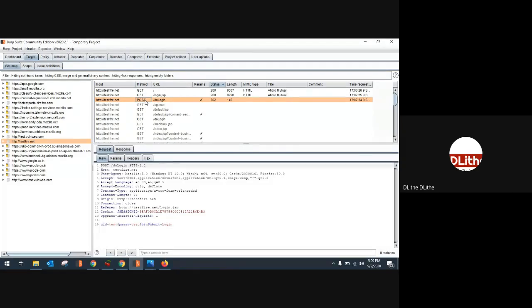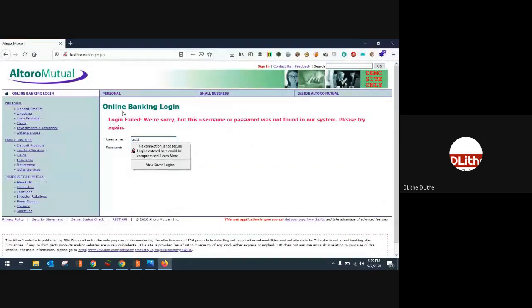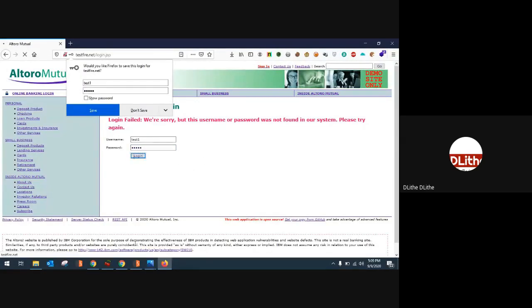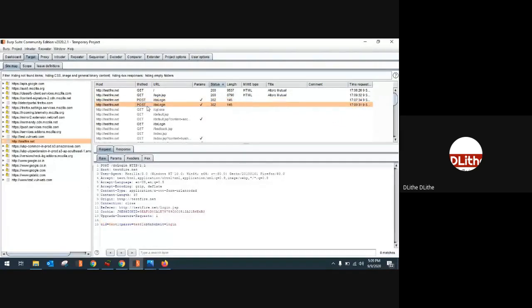And you can see there's only one POST method here. Click that particular request, and in the request body you can see the complete data that we sent. If you remember, we used test and test for username and password. Or else we can do one more thing: use test1 for username and test2 for password, so that you can easily differentiate between the username and the password. And here it is. See, test1 for the username and test2 for password.